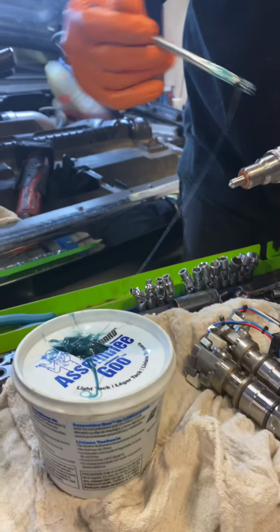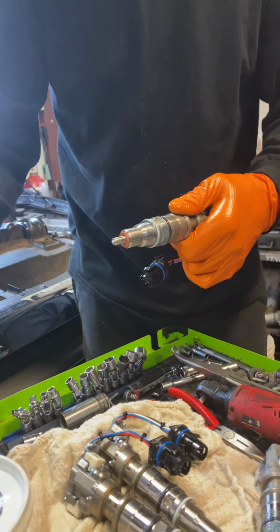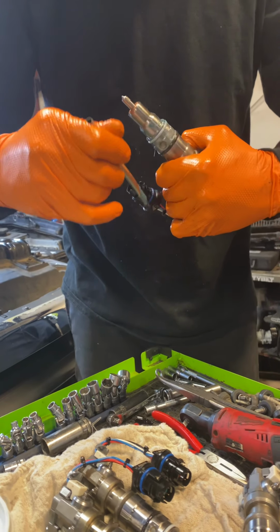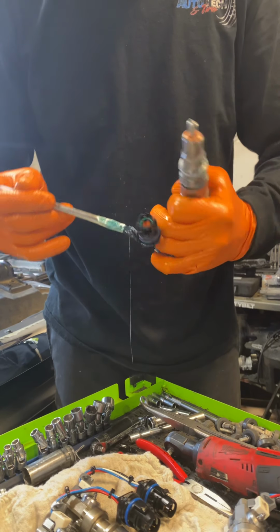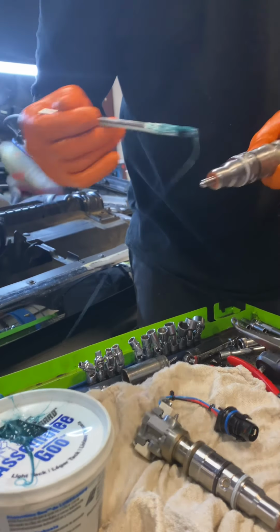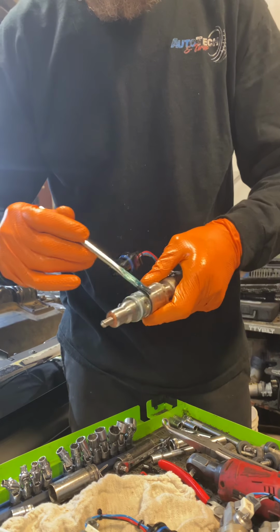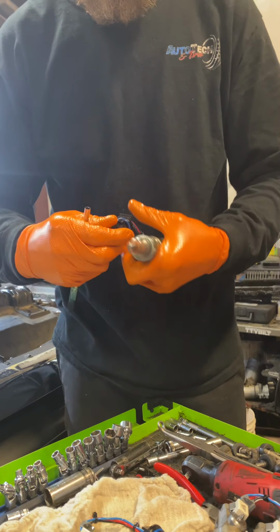Now, one neat thing about this product is it will blend and mix with almost any oil, the fuel. It doesn't really matter. It'll push it right through. It won't affect anything. Like when Robbie is building a transmission or something, he'll slather this up, or even when we're doing engines, we'll use this. We'll actually use assembly glue for the bearings and everything, but this really makes everything slide together nice, and it'll immediately break down and push right through with the fuel, so it doesn't affect